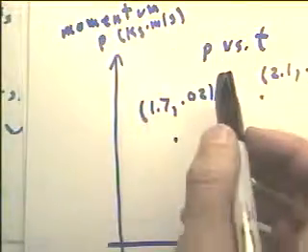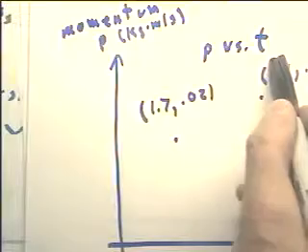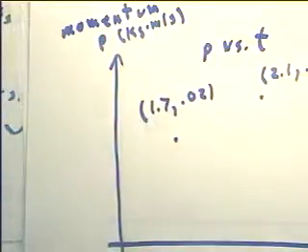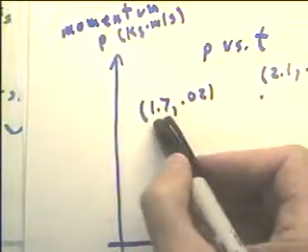Here we have a momentum versus clock time graph. Lowercase p stands for momentum. We have a momentum of 1.7 kilogram meters per second at